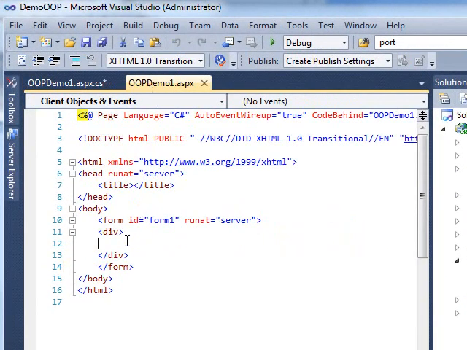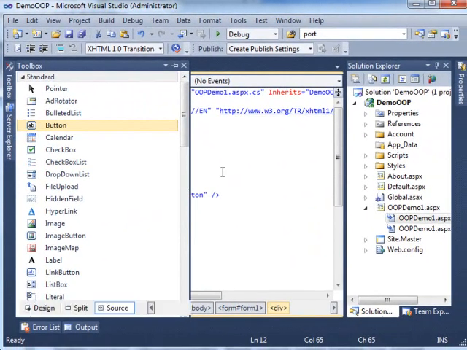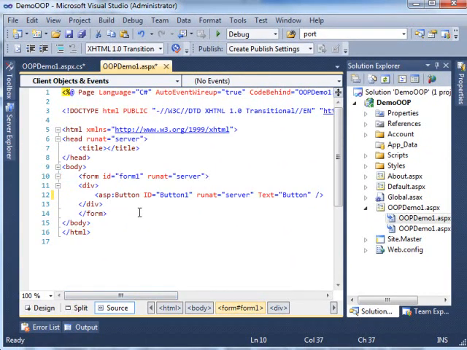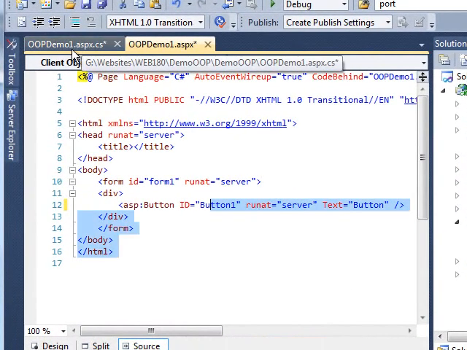And I'm going to go ahead and add a control in here, a very common control in the world of the web, and that's a button. And this is just going to cause a default action to occur. So I'm going to double click button after going onto the page. And notice now I have this ID Button1 with runat server and text. Now, if I go back to my source code, the actual programming code that's handling this,